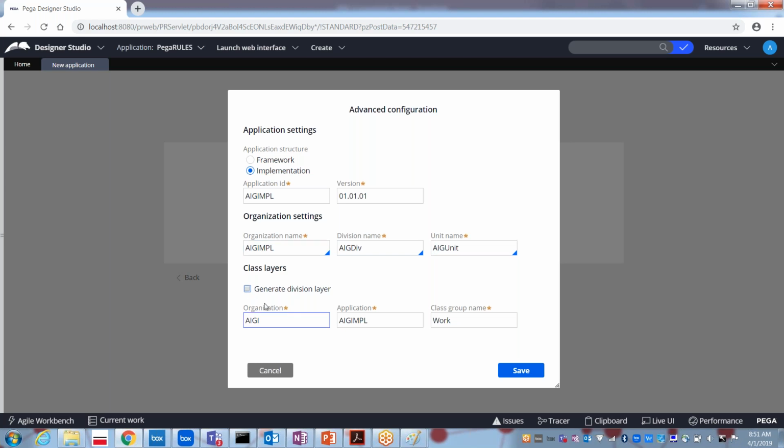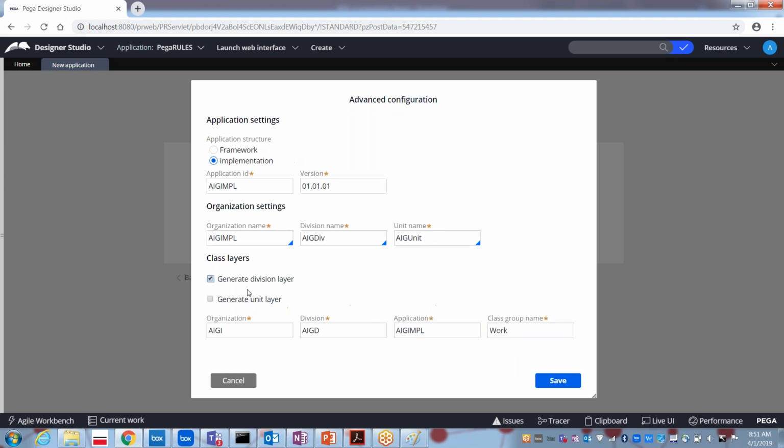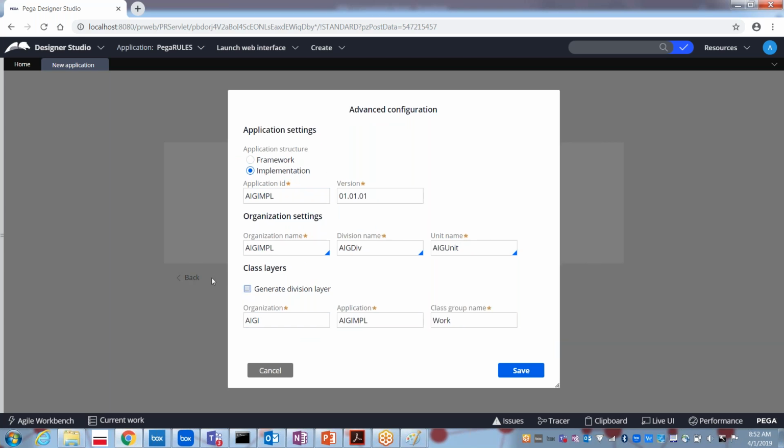As I said, if you want, you can create one more division layer as well. In case you don't want one more division and unit level, just go with the organization name, AIG IMPL only. Again the application name I want to give AIG IMPL work.